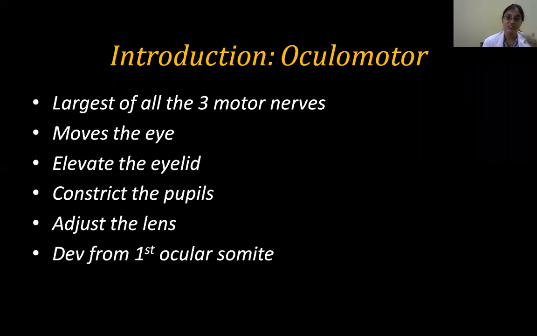Palpebral fissure is the gap between your upper and lower eyelid. So those are big eyes, because they've got a wide palpebral fissure. It's not that they have a very big eyeball. So the oculomotor moves the eye through the extraocular muscles, and elevates the eyelid. You have to be able to tell specifically that it is the striated part of the levator palpebrae superioris.